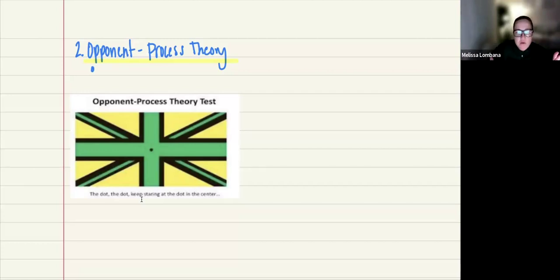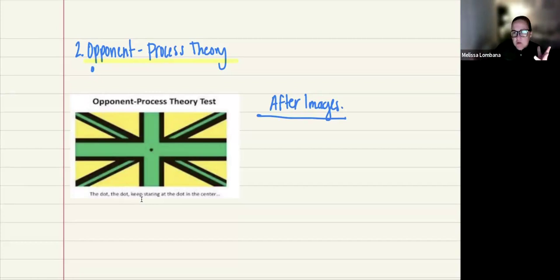If I'm staring at this green, right, and I stare at it for a long time, that cone is going to get fatigued, and that's how this theory works. If one cone gets fatigued, then the other will replace it. So how do we know this to be true? Afterimages. Afterimages are where we stare at something for a long period of time. It has a certain color, and then if we look away from it, then the other cone takes its